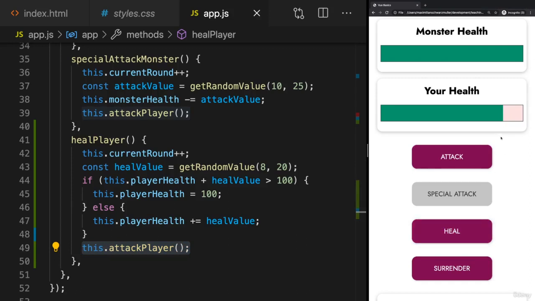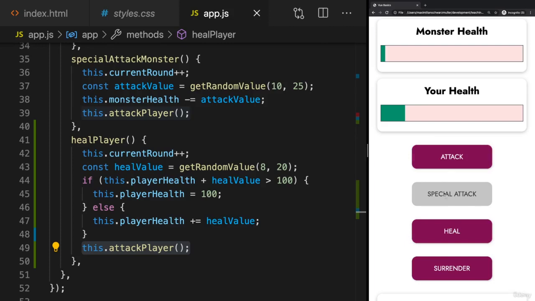still goes down, because healing myself initially makes no sense. I already have a health of 100, so we heal by nothing, but the monster attacks us thereafter, and hence we take damage. But of course we can still heal ourselves thereafter, and eventually we'll try to win that game. Yeah, like that. So that should work, but of course we're still not done, with the game at least, because